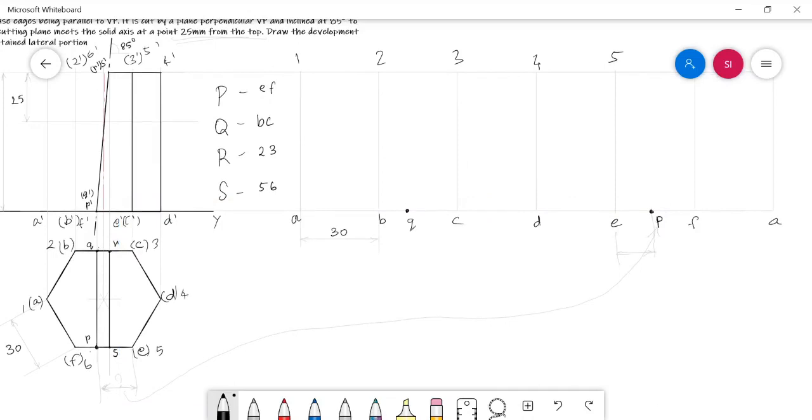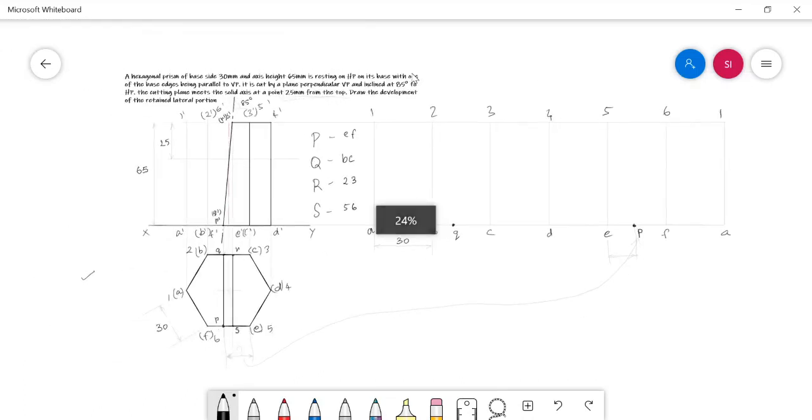And then in the same way points R and S. The point R is in the face edge 2 3. So from 2 to 3 the point R is located at this distance. So with the same distance I have to mark here also. From 2 to 3 the point R can be located approximately here. This is nothing but the location of the cut point R.